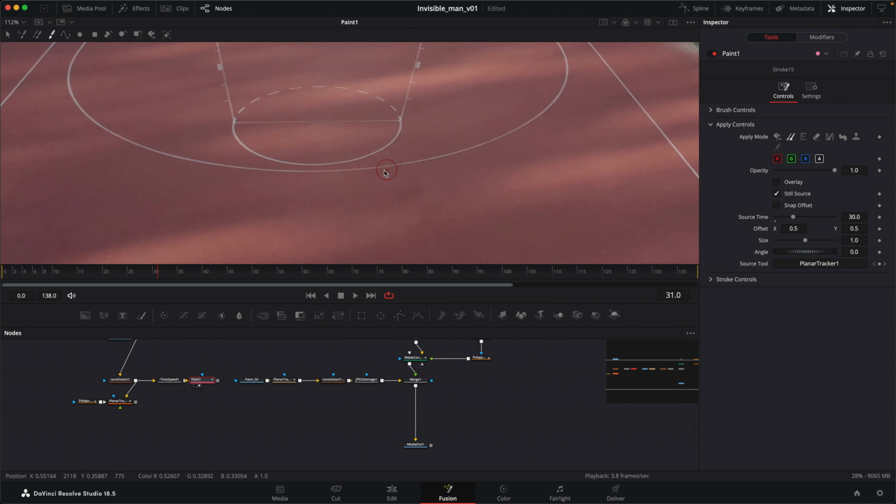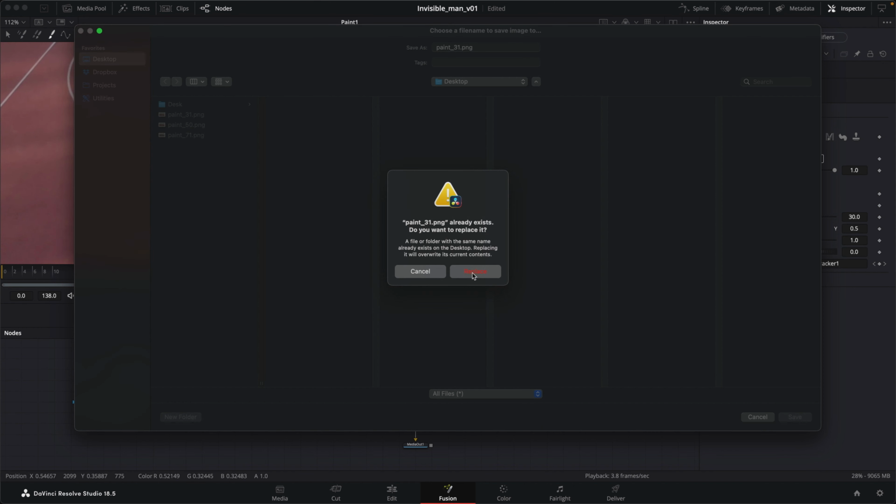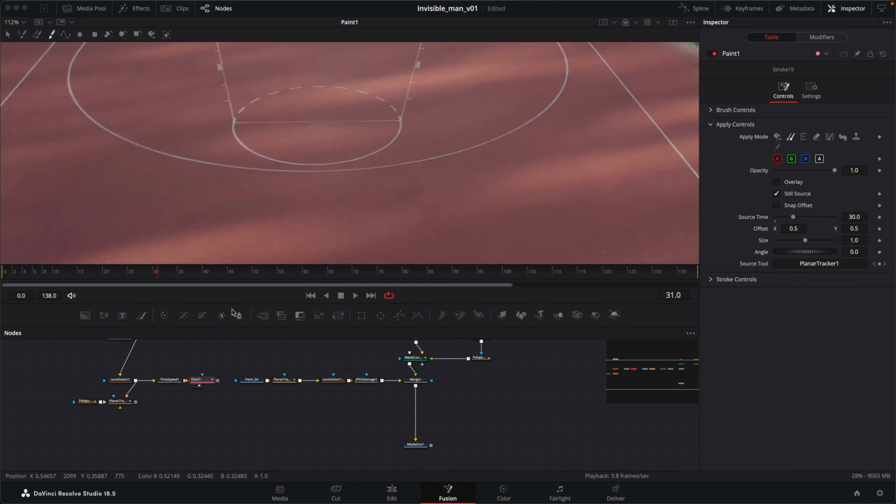So now this is going to be frame 31. So I'm going to right click, save image. And we'll do this as frame 31 and save that, replace it. And now we're going to do frame 71. So I'm going to write over all of this. So we want to go to frame 71,